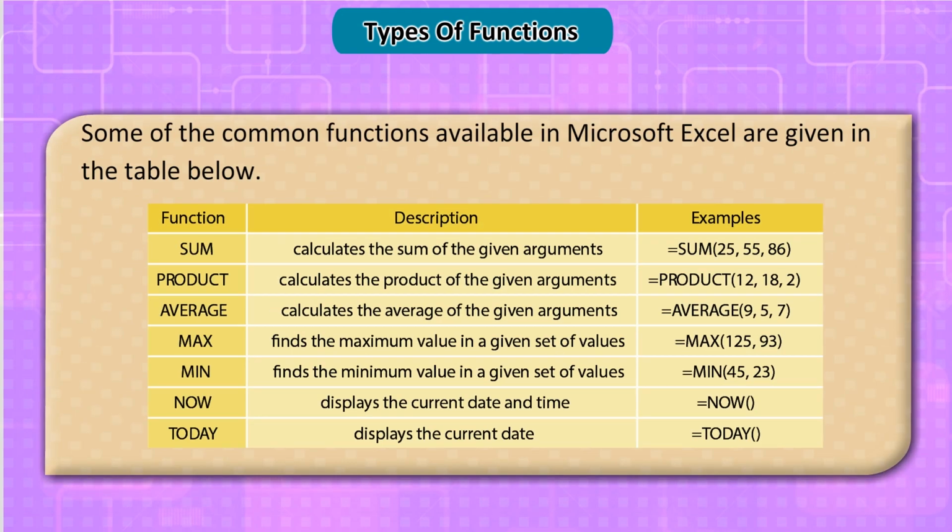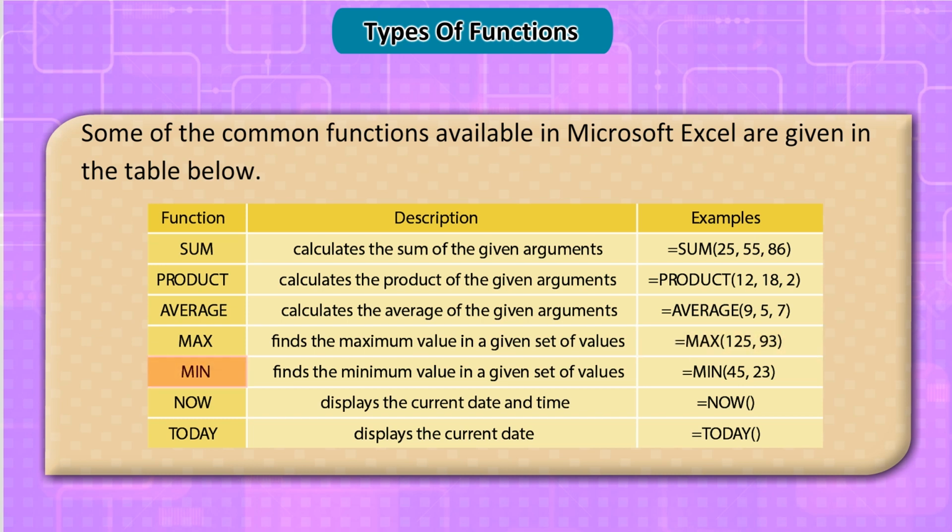Types of functions. Some of the common functions available in Microsoft Excel are given in the table below. Function, description, examples. Sum: calculates the sum of the given arguments, equal to sum 25, 55, 86. Product: calculates the product of the given arguments, equal to product 12, 18, 2. Average: calculates the average of the given arguments, equal to average 957. Max: finds the maximum value in a given set of values, equal to max